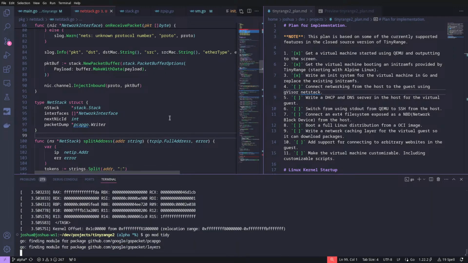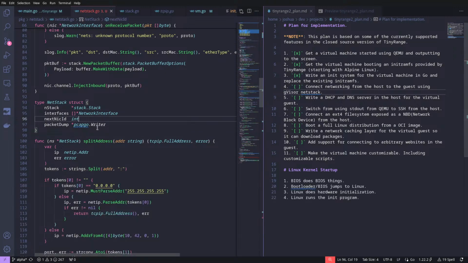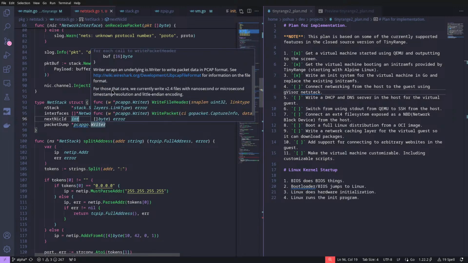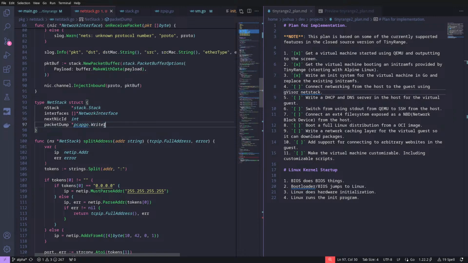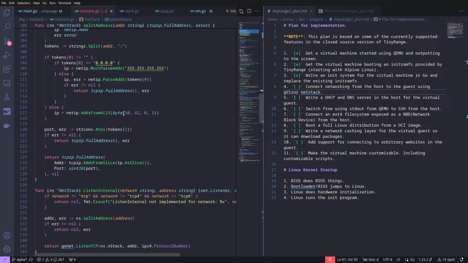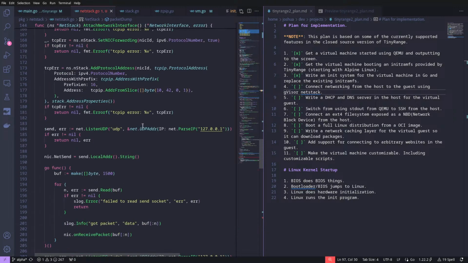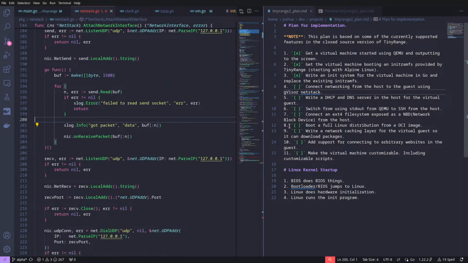I'll do Chrome Tiny to pull in this stuff. And then whenever we get a packet,